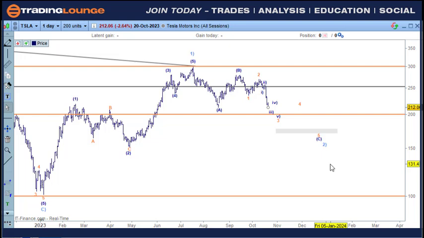I know emotions and opinions can run high on all of these things, and I'm not particularly married to any of this, but we've got to start somewhere and make a framework and start to work in on all of this. But the takeaway is that the Fed's